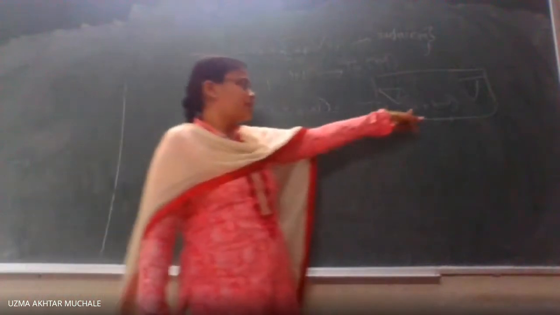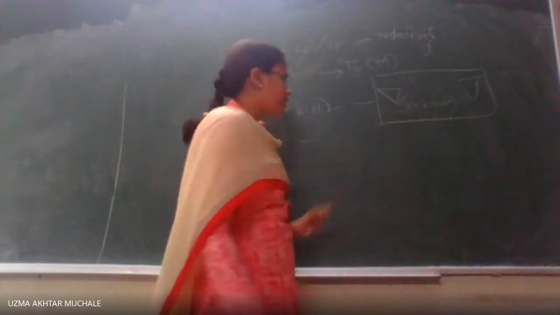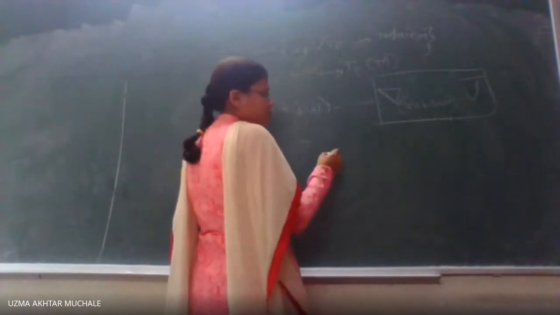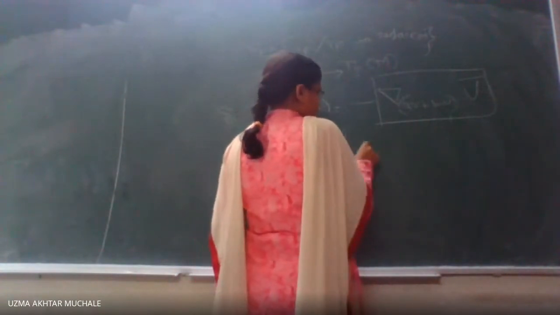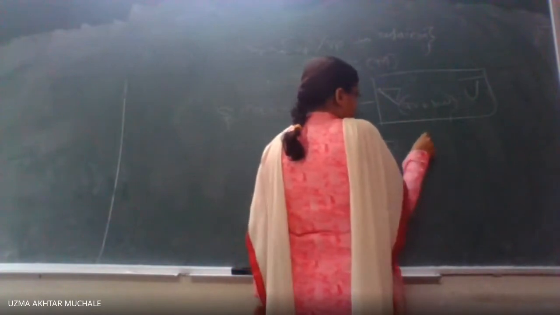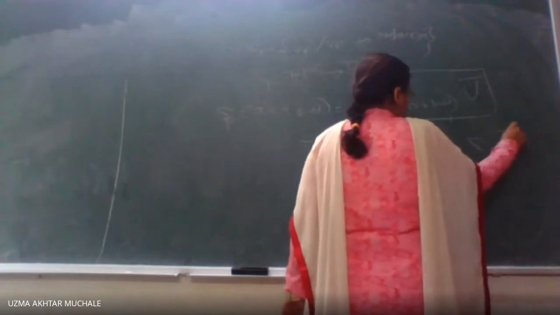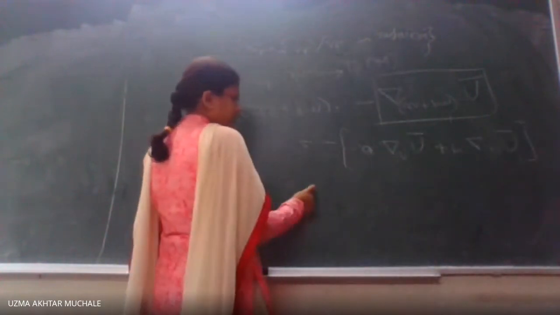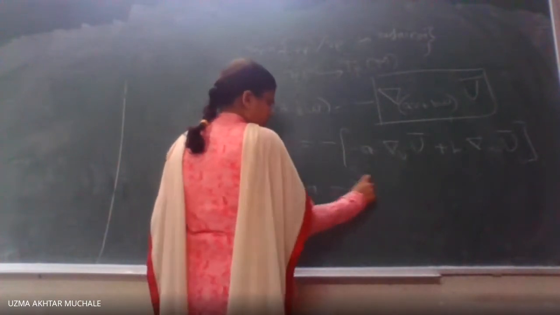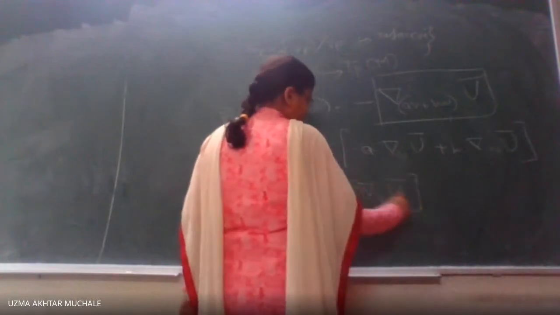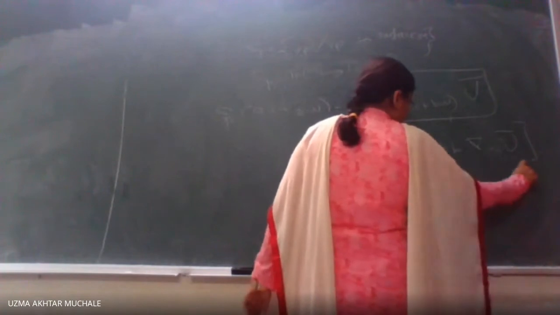If U is a vector field and these are the tangent vectors, how to write them? Already we have proved in the properties of a covariant derivative. Negative sign as it is, a is outside, that will be del_V U bar plus b outside, del_W U bar. So hence we can write, with a as it is outside, minus of del_V U bar plus b as it is, minus of del_W U bar.